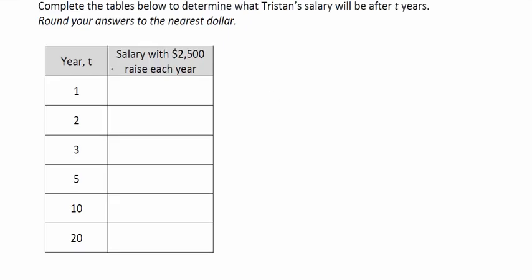Let's fill out this table that represents Tristan's salary over the first 20 years if he chooses the first job offer that raises his salary $2,500 each year. So if t is equal to 1, what would this sentence say if I replace the letter t with the number 1? It says that my output will be whatever Tristan's salary will be after 1 year. So what will his salary be after 1 year? The problem stated that he started at a salary of $50,000, but after 1 year, he should get his first raise. So to calculate his raise, we will take $50,000 and we will add $2,500 one time. That would be